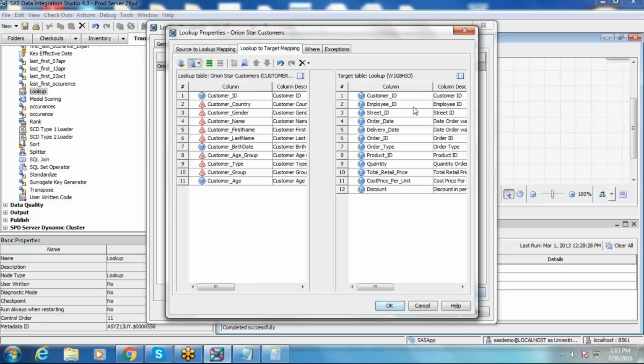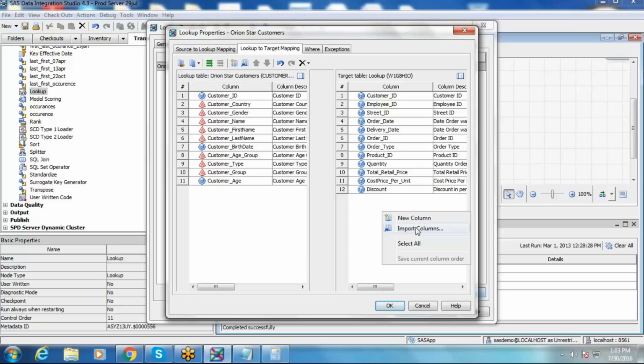So just right click on the target portion, because you don't have customer country and customer gender here. Just right click and then click on import. You can either go with new column creation or you can go with import columns if you already have the columns defined in some other table in your environment. Typically those columns are in registered tables already. If you are using that as a lookup table, then obviously it should be a registered table. So you can import the column structure from the table.